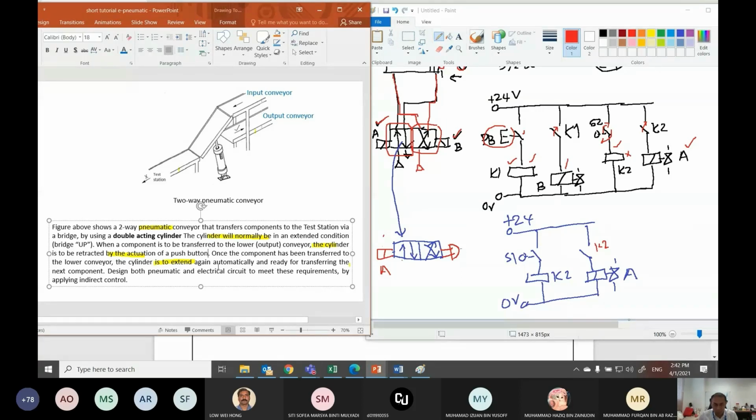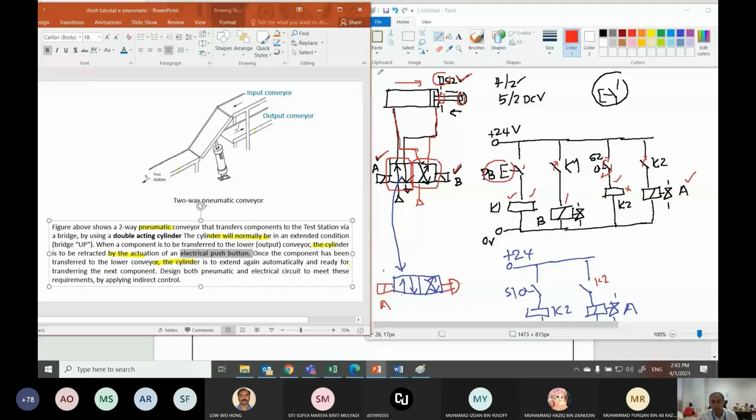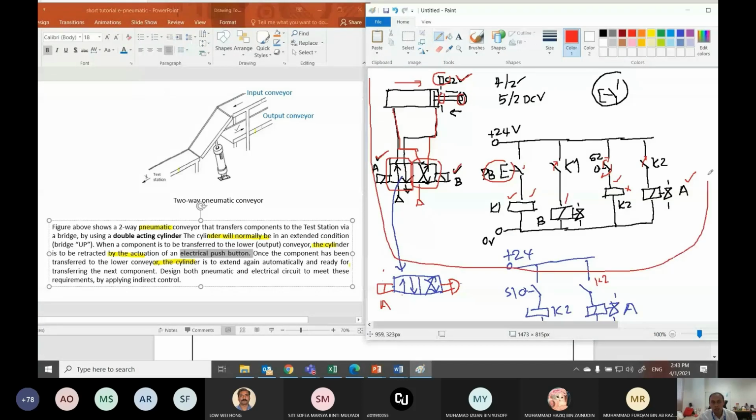So in this case, I would say that the push button at the electrical push button. If I tell you it is the electrical push button, then the solution will be this one, the one above. But for task